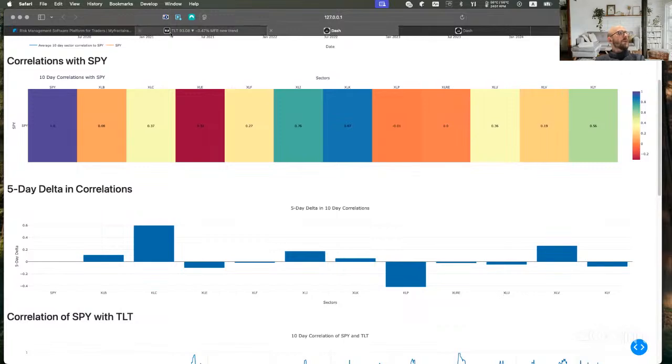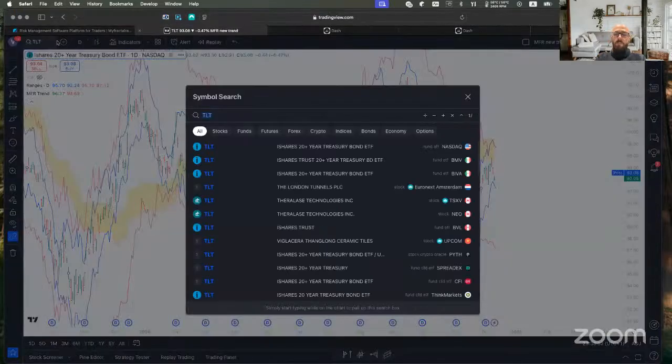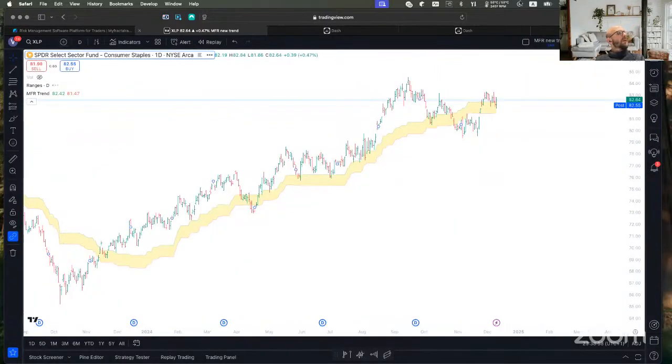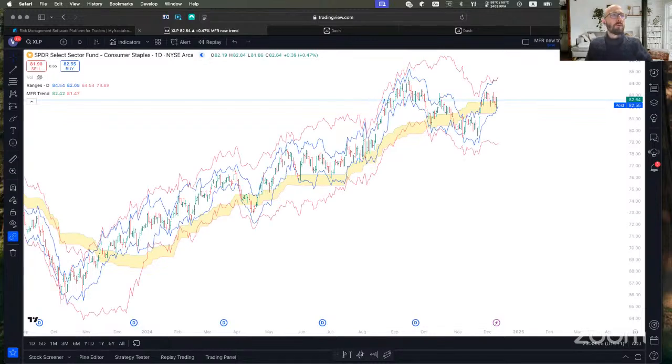So yeah, let's quickly take a look at the XLP and what it says. And yeah, so okay, so we have 0.47, basically the same performance today as SPY. So as the overall market, I believe it's literally the same, or maybe not. But it tried to neutral. It's now bullish. So and regular term range supports. Yeah, this one I will monitor more closely. Thank you, because actually it's quite interesting.